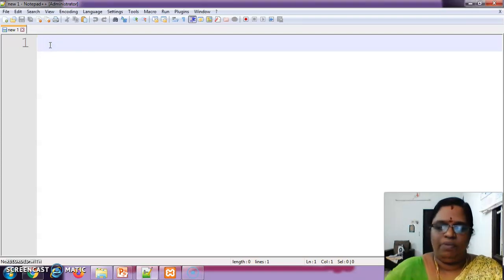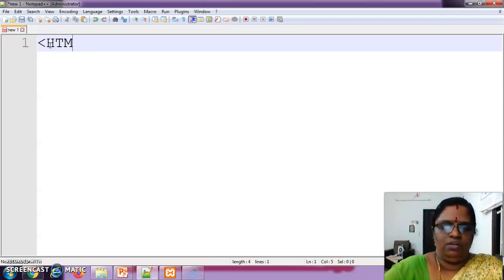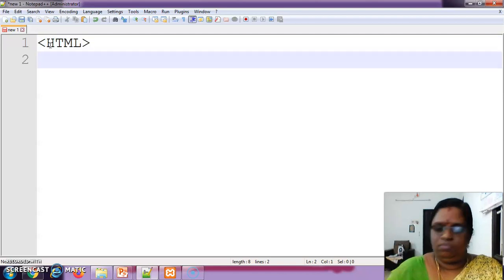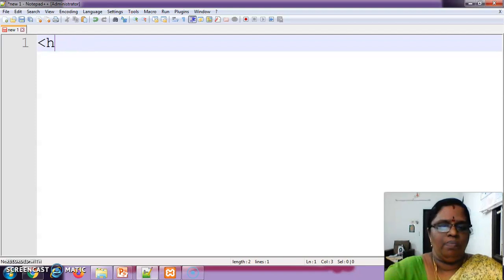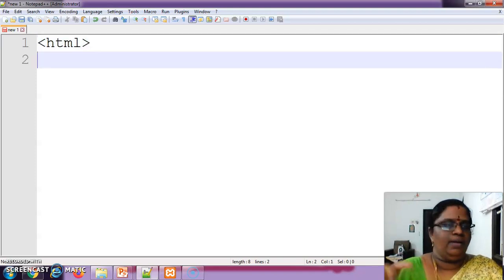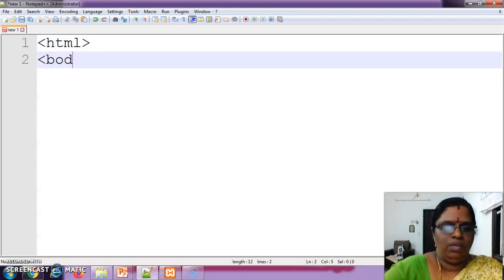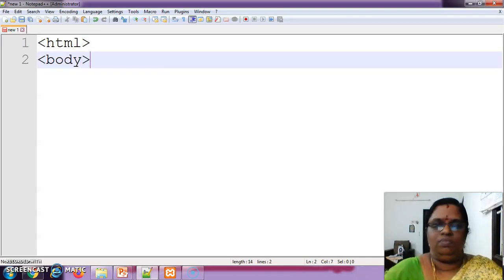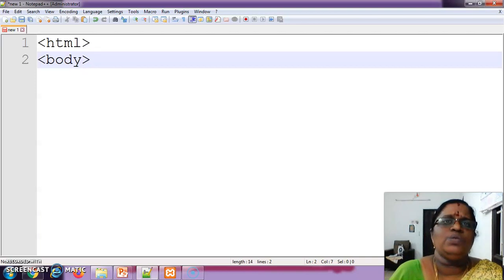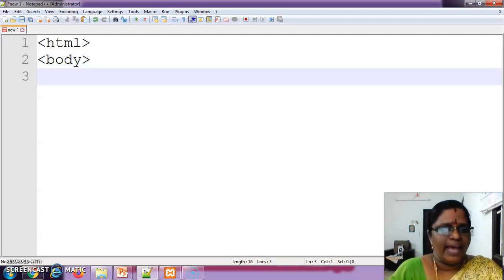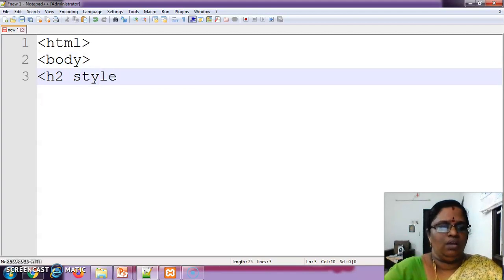Sorry, it's in caps, I don't want capital letters. Body. If I am doing, you also want to do it in mobile also, type HTML compiler like that and try to do the programs. Don't leave it as it is.